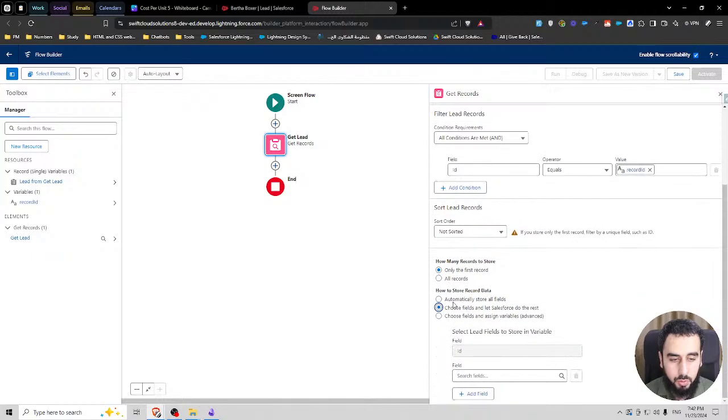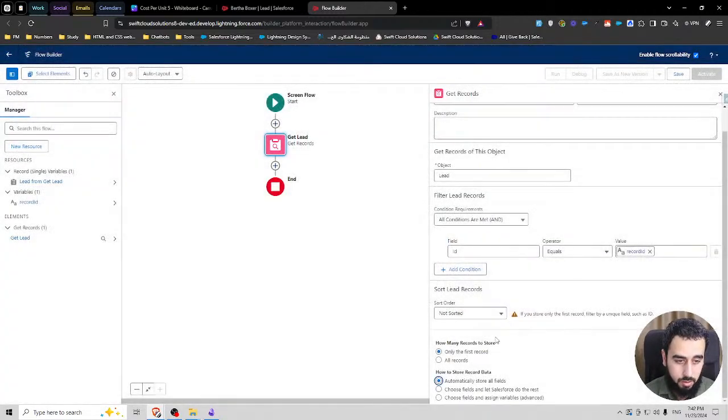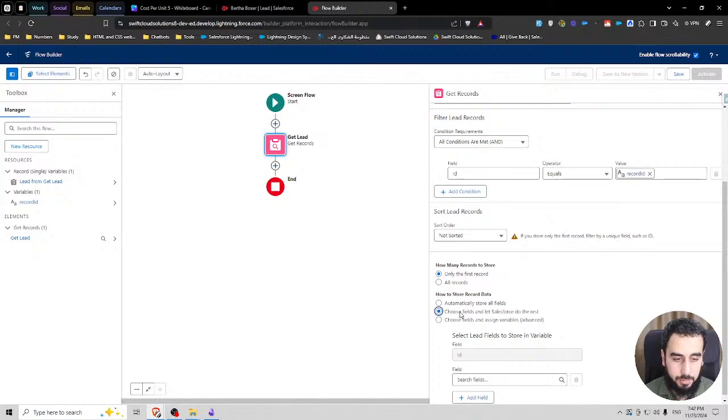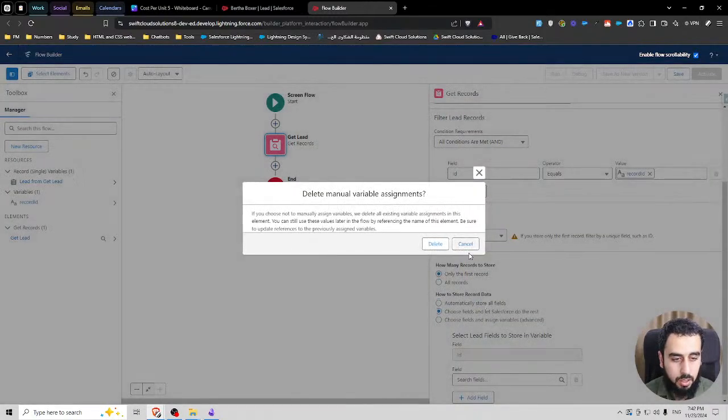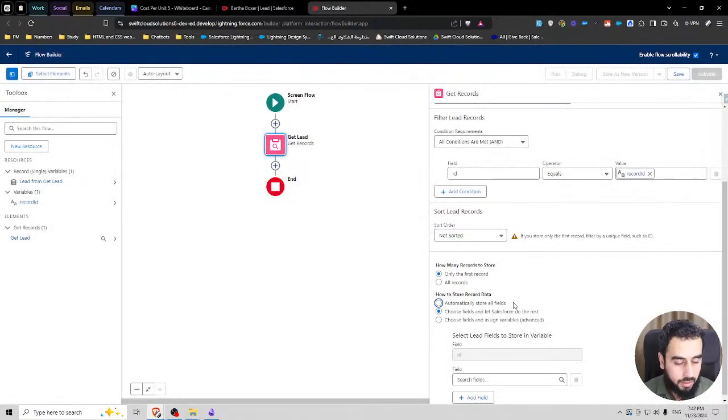Now, which information do we need? You almost always want to use the second option here. This option here is generally bad because unless you know for a fact that you need all of the fields on the object, only retrieve the fields that you need, because it has some security consequences.